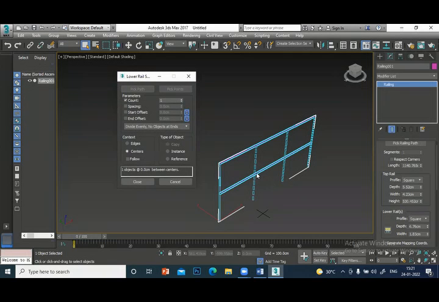Now there is only one. I can increase to 2, 3, any number I can give. Lower rails. I can remove this lock and I can adjust the offset.